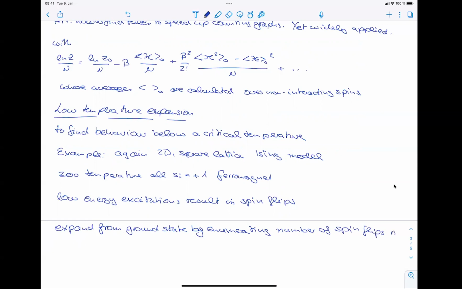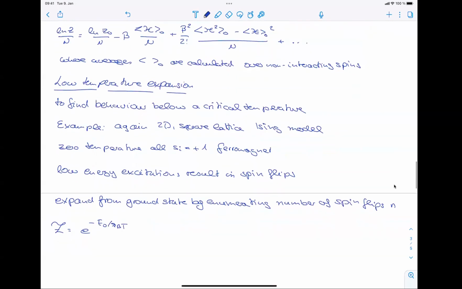Okay. So we write the partition function as e to the minus E_0 over k_B T,